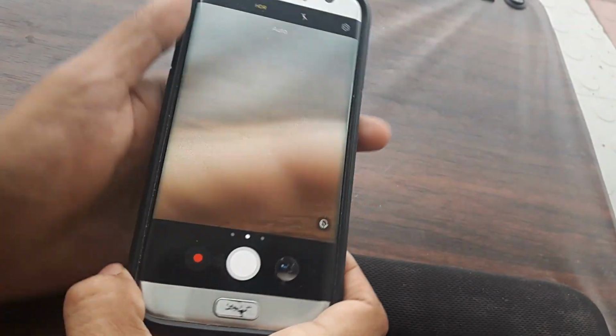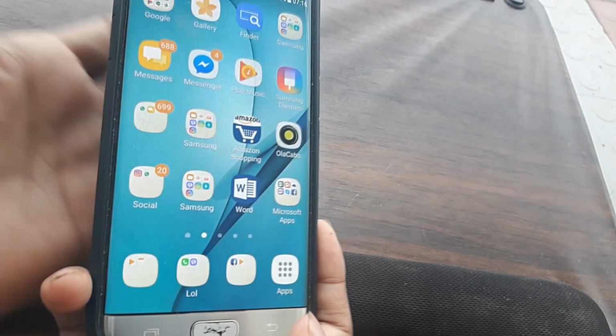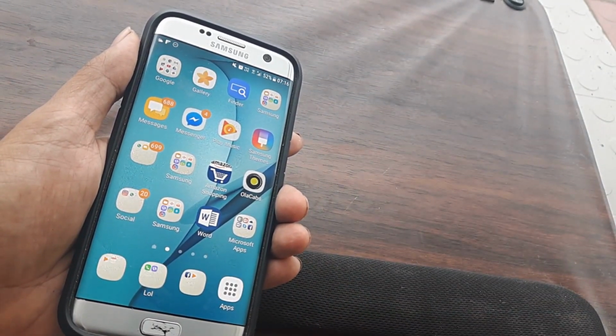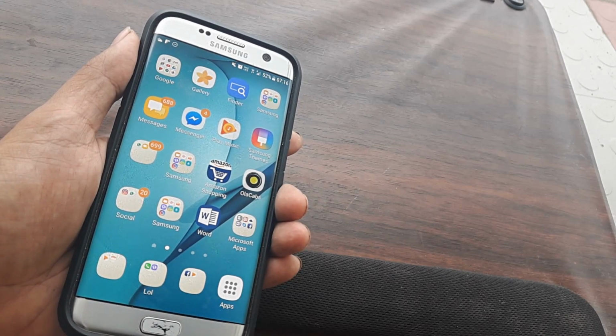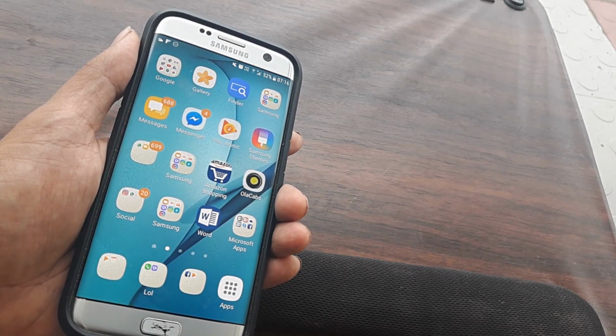Now before we start scanning the document, please do understand that there is a lot of difference between just taking a normal picture, like I take a picture like this, and scanning a document. I mean, if you have used a real-time scanner, you really know what a scanner means. So for scanning documents, you will need to have an application for the scanner installed.